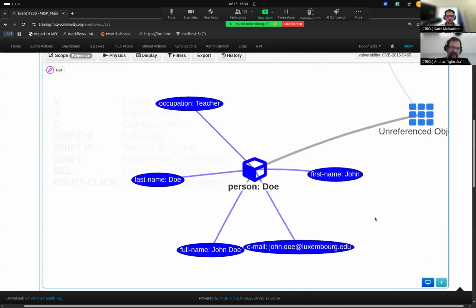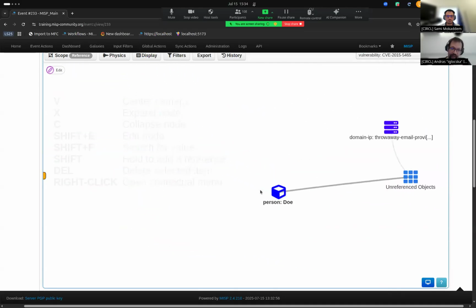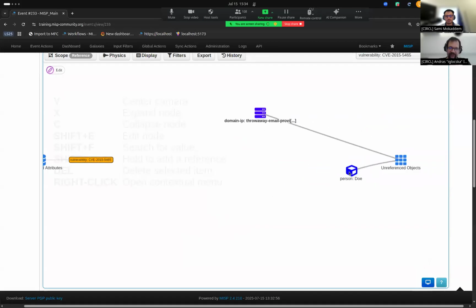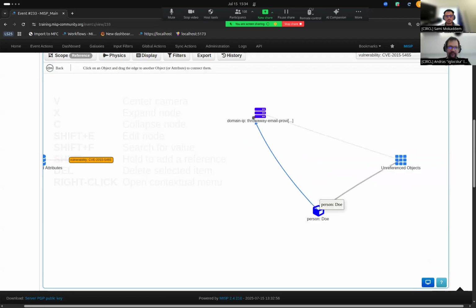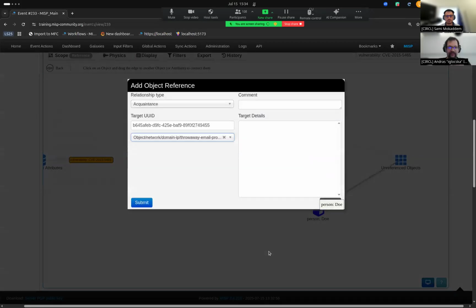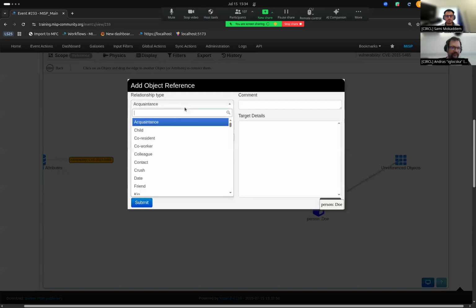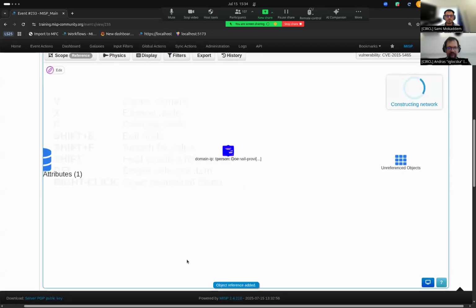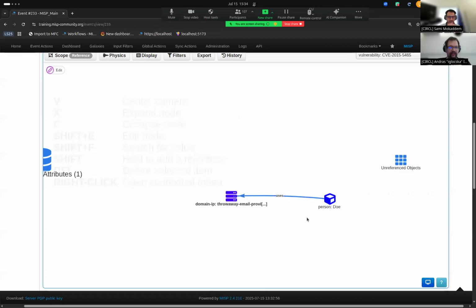Okay, now let's say that we wanted to connect these two data points with each other, so the person and the domain IP object. We could flip over into edit mode on the left side, and then click add reference and simply draw an arrow from the person to the domain IP. And we could say uses, for example, as a selected relationship type. And now we see that we suddenly have a graph where we have a relationship between these two different data